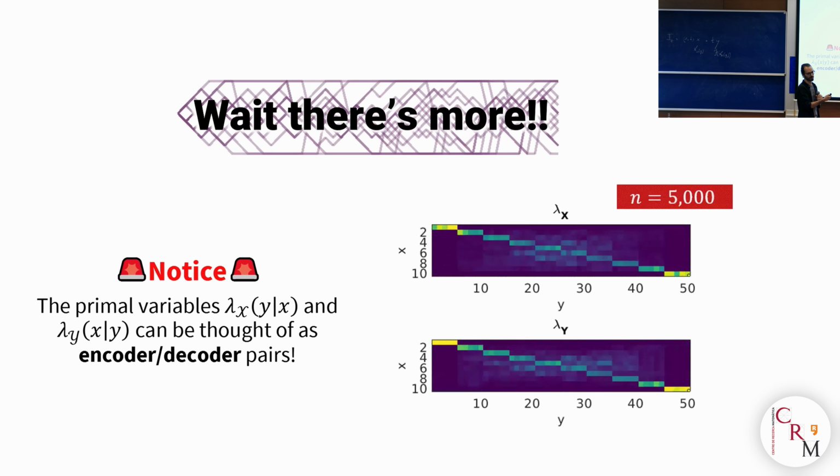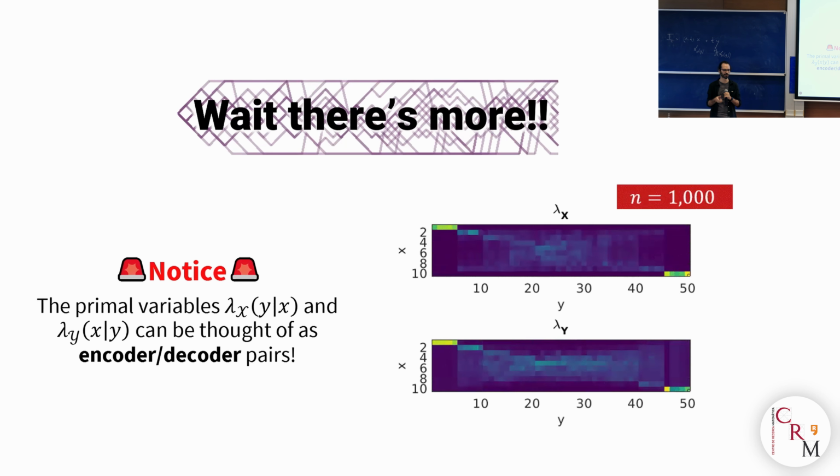And after enough samples, I can figure this out without inputting any of these structural assumptions into my model. Of course, after a small number of steps, this structure doesn't emerge as clearly, but as I add more and more, I can figure out these conditional distributions. I can think of these as an encoder, the conditional distribution of y given x, and a decoder, the conditional distribution of x given y. So in my mind, you can think of this as a training criterion for a representation learning model, or a world model, if you like to use fancy words. Something that takes causality and direction of time into account.